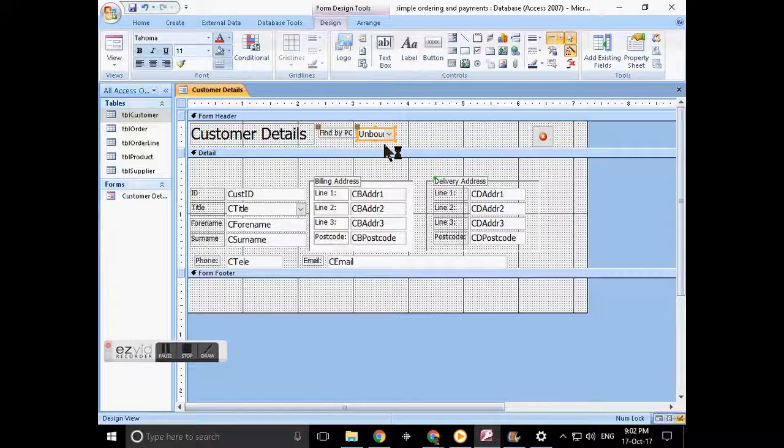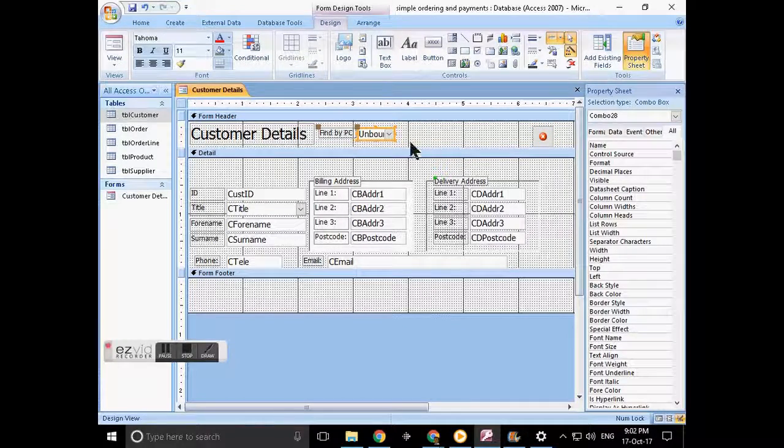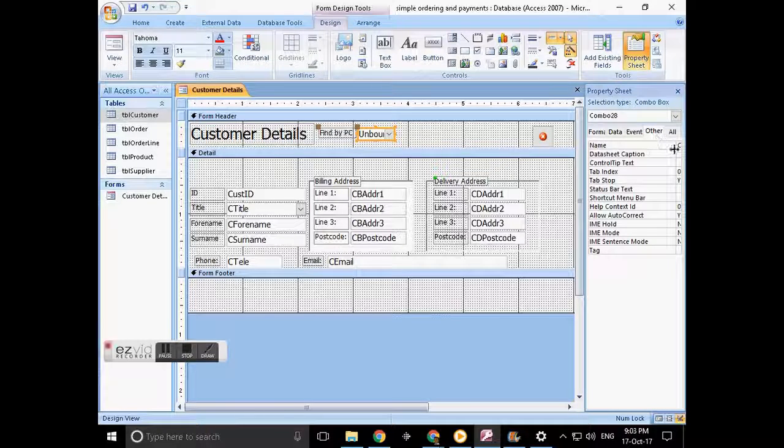Let me just check that's the object there. If I look at its property sheet, yep, I was a bad boy. When I closed this, I forgot to change the name of this object to something more sensible. It cannot be left in a project called something like Combo 28. It has to be called something like CBO. You can either call them CBO for combo, or you can call them DD for drop down. I'm going to call it combo, and I will give it a name, find by